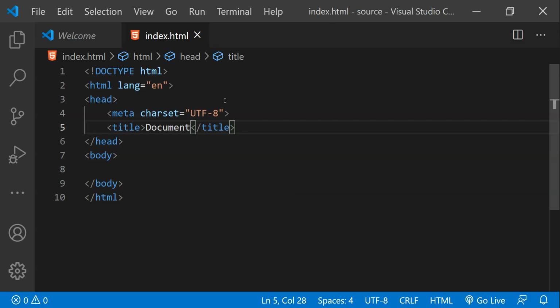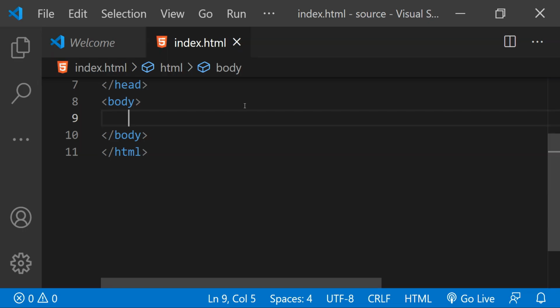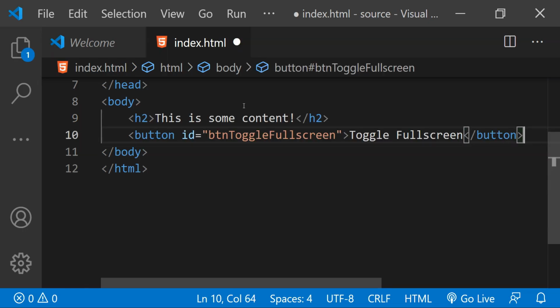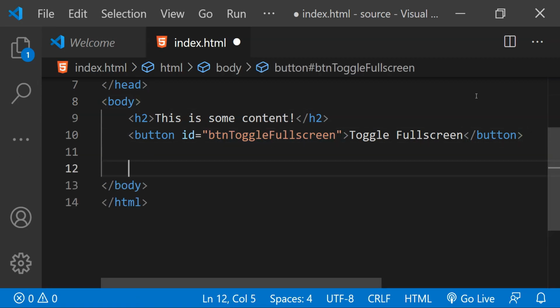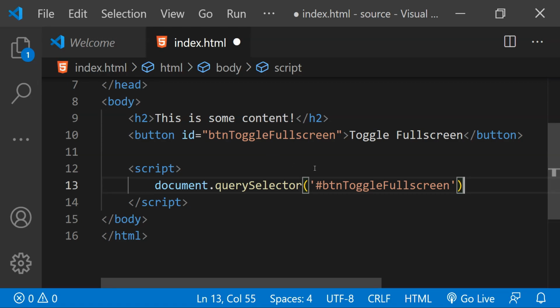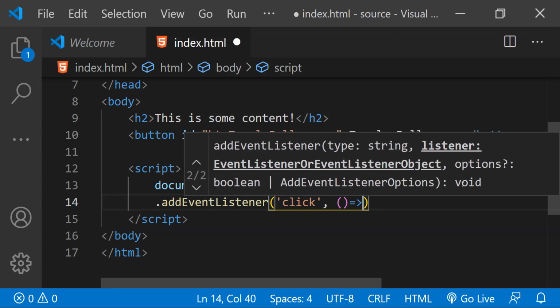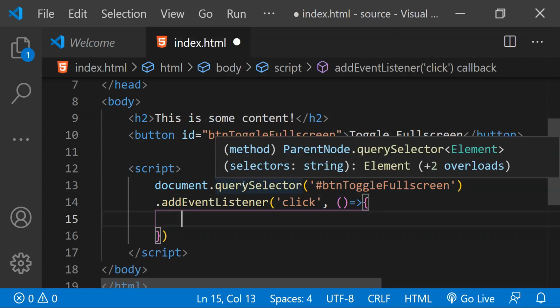In any case, after the script has been downloaded, we can start to use it and I will show you how. Let's just toggle the full screen mode of the entire window on the click of a button. There is a button which I have added with the ID btn-toggle-fullscreen. Now within a script element, we can wire up a function to the click event of this button. To get the reference, I'm going to use document.querySelector and then provide the ID of the button as an argument. Next, I'm going to use the addEventListener function to wire up the click event, and let's just write the name of the event, which is click, and then we can provide the function which is going to wire up with the click event.